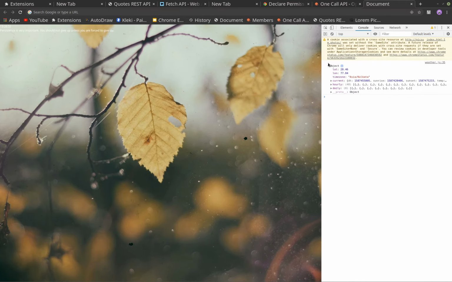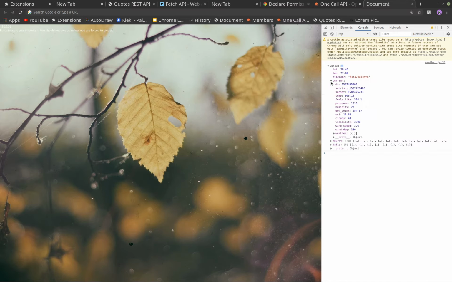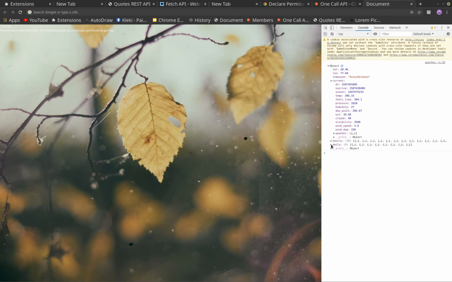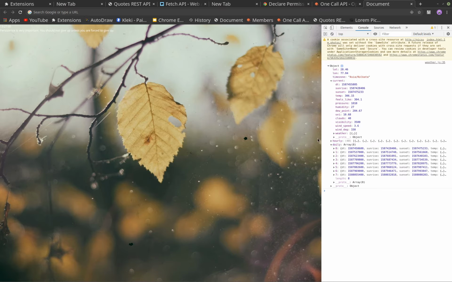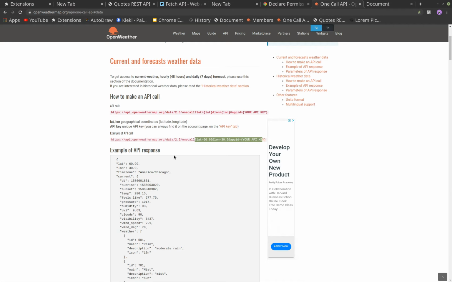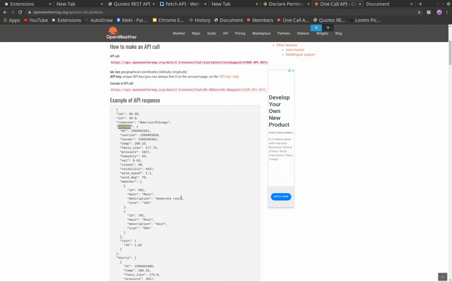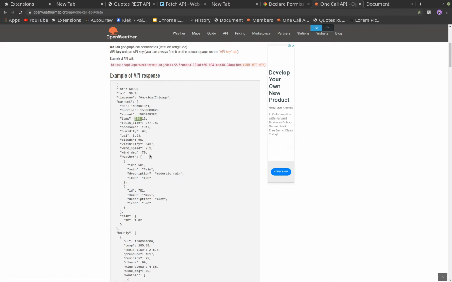Okay, we see something logged from the weather. It has latitude, longitude, time zone, the current weather, the hourly forecast and the daily forecast. I guess we have all the data we need. Now let's look at the format of the data, the response structure, so that we can dig into it and see what data we need. So we will need the current object, and from the current object we will need the temperature. Okay, the temperature by default is in, I think, Fahrenheit or Kelvin. I'm not sure. We'll need to convert that. So let's go ahead and do that.